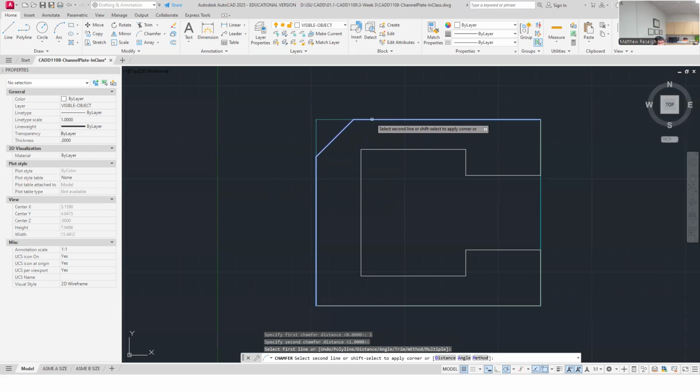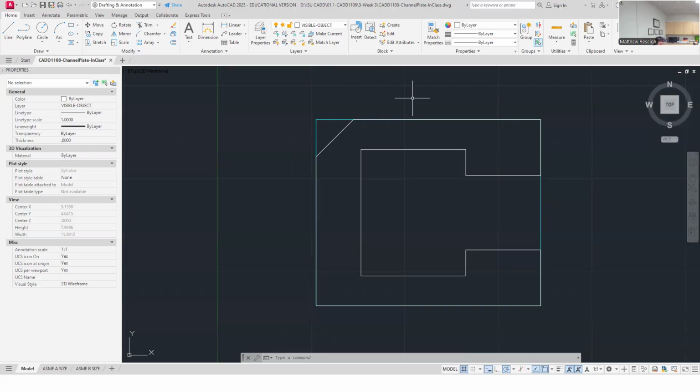I want. However, I want to do more than one of these. I'll just do the one first. Let's just do one. And then it kind of exits the command. Chamfer is just set up to be one and done unless you know you're going to do multiple. I can always hit enter to go back into the old command or choose chamfer again. And if I do go back in the old command, whether I hit enter or choose chamfer,